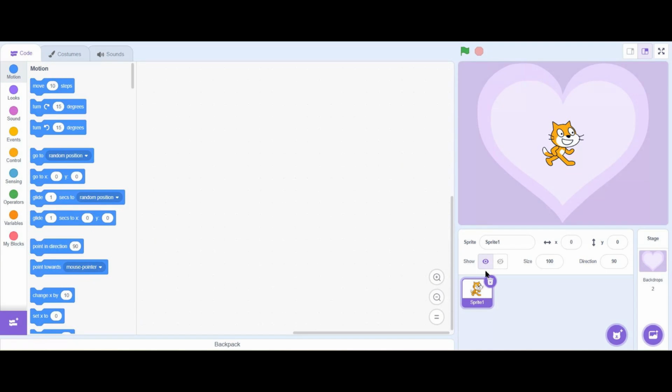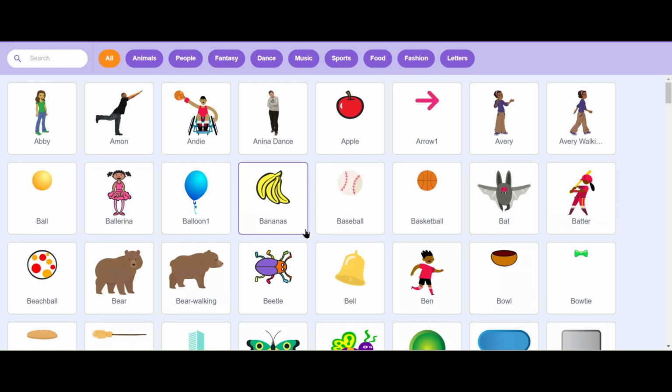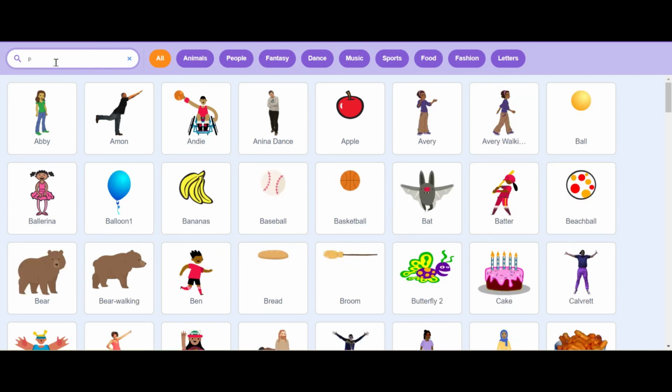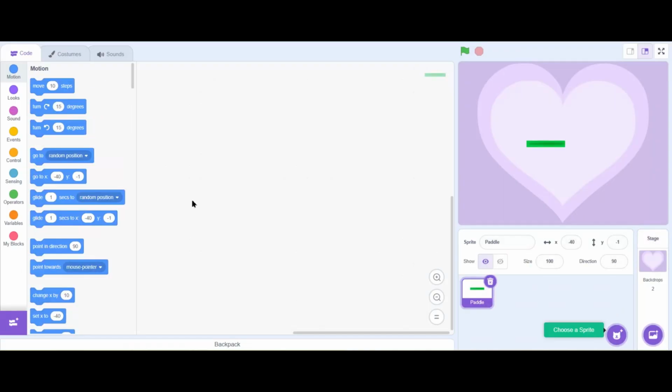Let's start by deleting the default cat sprite. Now let's click on the sprite icon, and search for the paddle. Now let's drag the paddle sprite near the bottom of the stage as shown in the video. Leave a little bit of gap between the bottom edge and the paddle, where we are going to place a red